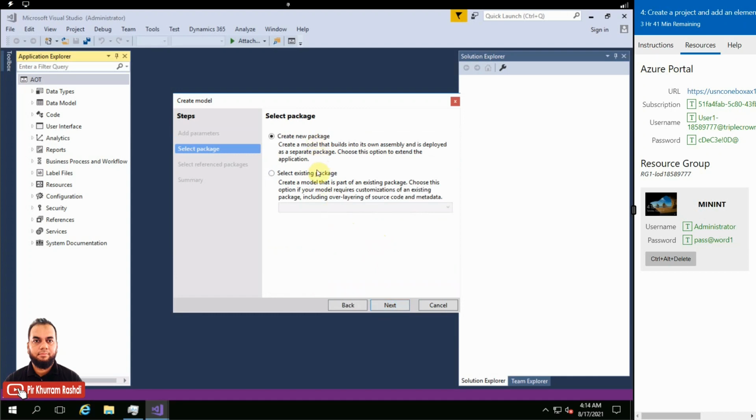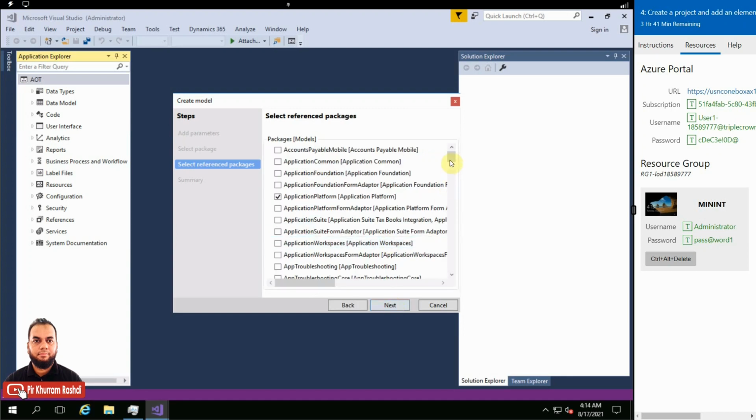package, that can also be selected here. If there is an existing package, the model will be part of that package itself. So there is a package, then there are models inside the package, and then there are projects inside a model. These are just containers. So just create a new package here, and then you can select existing